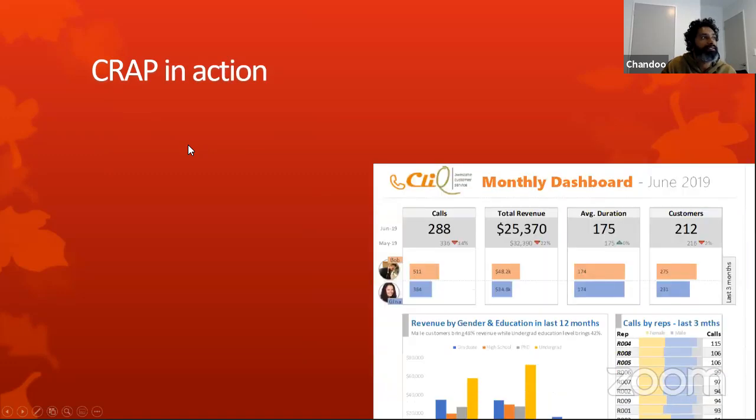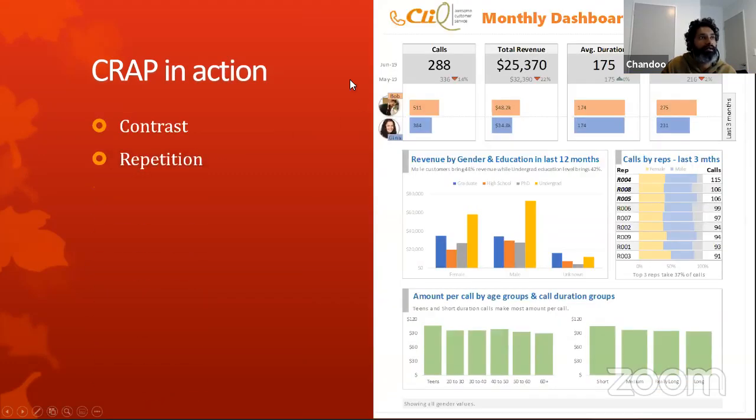So let's take a look at contrast. If you observe, the contrast is very well done here. We have everything that needs to have a clear title or differentiation between that and next number contrasted through different font size or different colors, etc. For example, June numbers are all in big black colored font, and May numbers are only provided for adding that emotion, so they need not be that big, so they're small and grayed out.